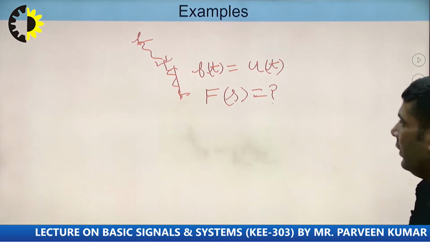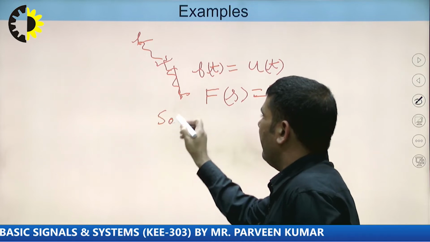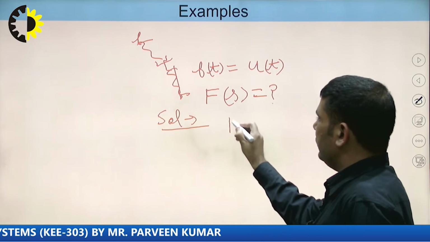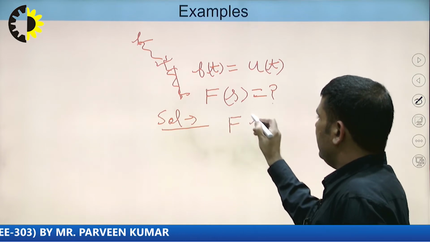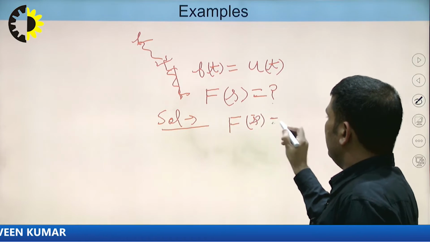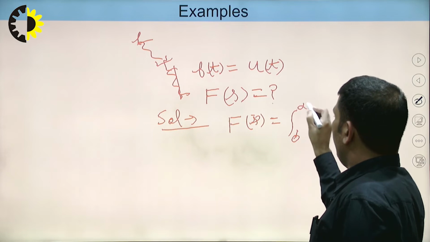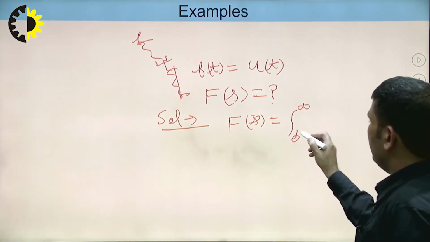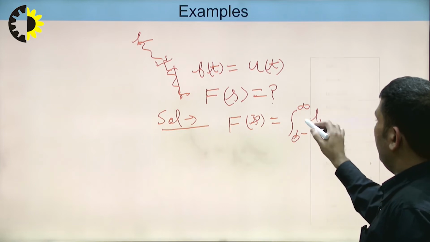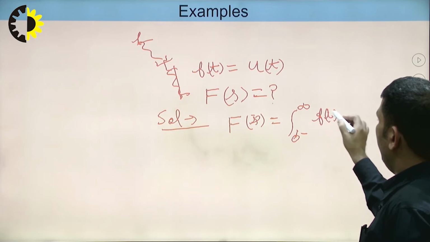Okay, so as you know, if you solve it out, then you can see that Fs is equal to integration from 0 to infinite, or 0 minus to infinite, you can say, ft